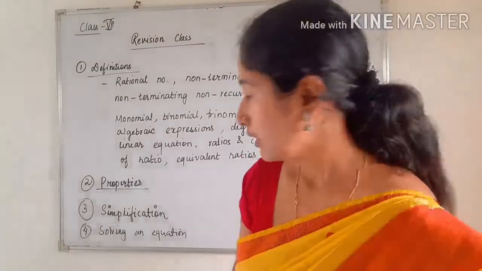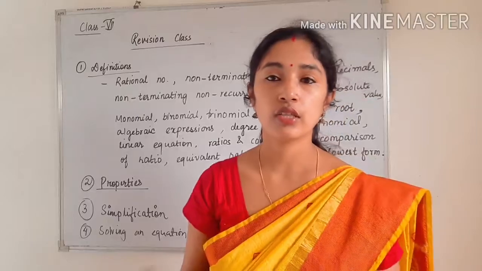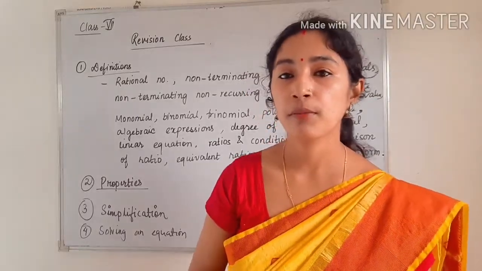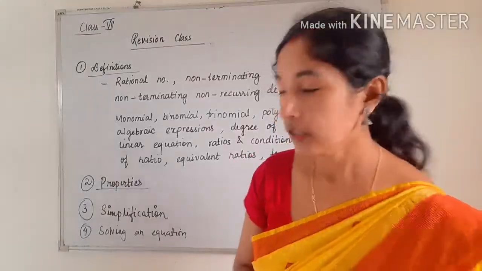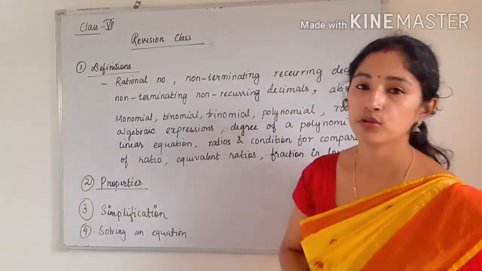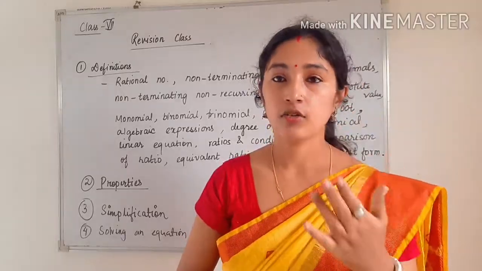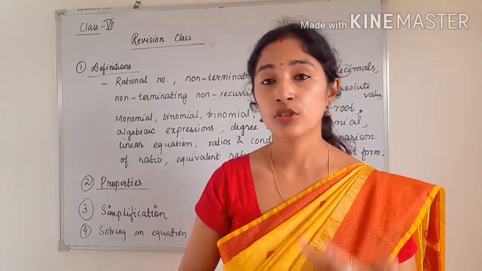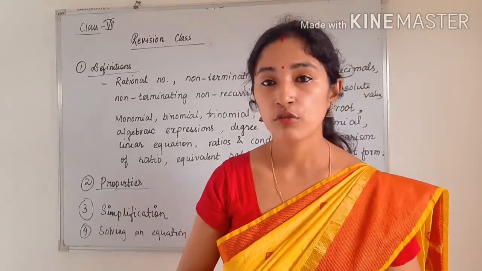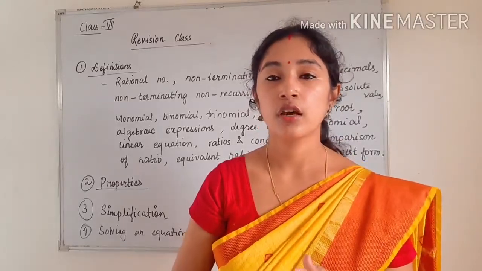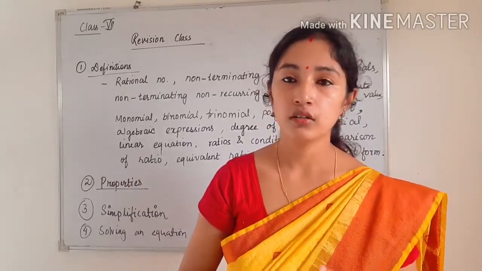Okay, the next will be simplification. There are many questions on simplification, so a simplification question may come. Okay, next is solving an equation, and the last one will be a word problem. So a word problem will be there. Okay, and the match the following question will be there. One is true or false. Okay, a true or false question will be there. So like that, this is the pattern of the question paper.